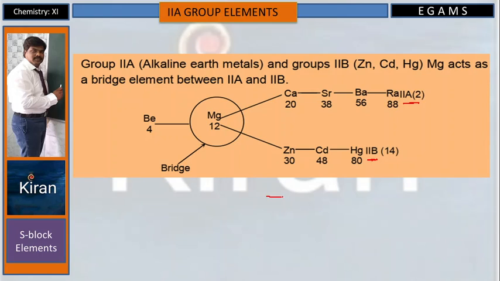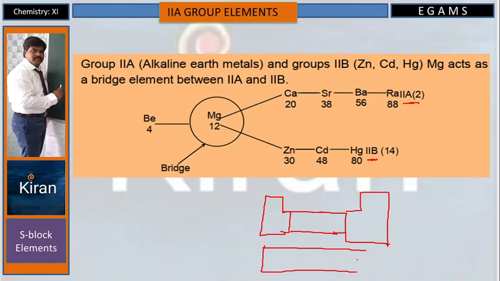When you go for the periodic table, this is the periodic table. When you observe, on the left side we have S block elements. In the middle we have D block elements. On the extreme right-hand side we have P block elements. And at the bottom you will get F block elements. S, P, D, this is D and this is F. See here,